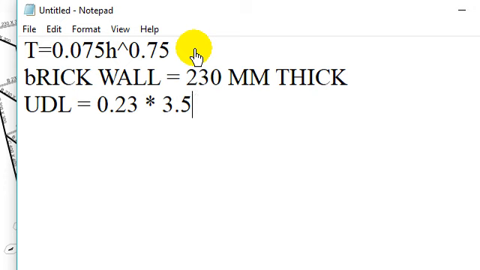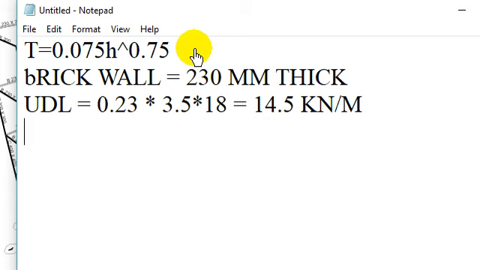If you want to reduce the beam depth also, not an issue, but let us consider 3.5 itself, and unit weight of the brick, that is 18 kilonewton per meter cube. So that is equal to 0.23 into 3.5 into 18. So it is coming around 14.5 kilonewton per meter. Okay, so this is for all the inner walls.